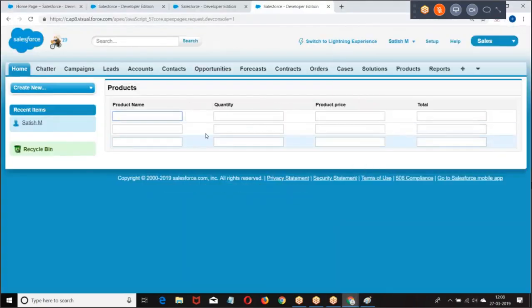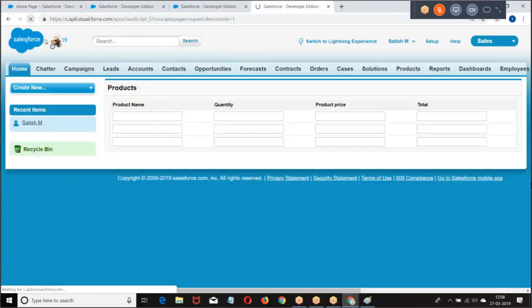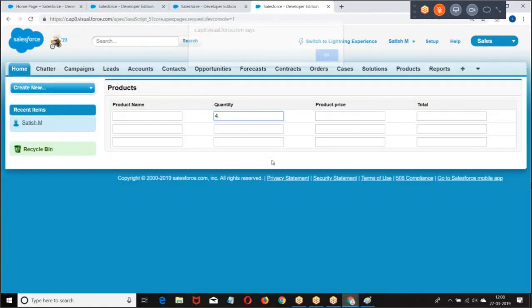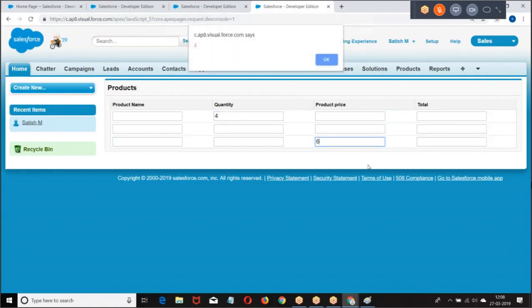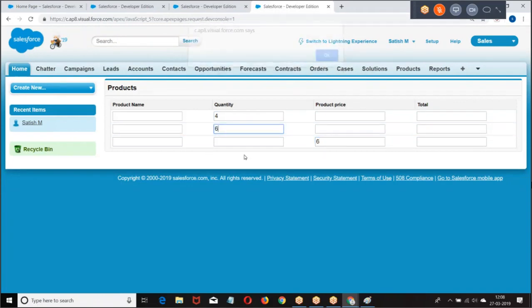Go back to this. Row number 0, row number 2. Are you getting my point? So it is giving you the row number. If you know the row number, row number 1 quantity, row number 1 price, row number 1 total. If you know the row number, that row's quantity, that row's price, that row's total. I hope you are good with this.